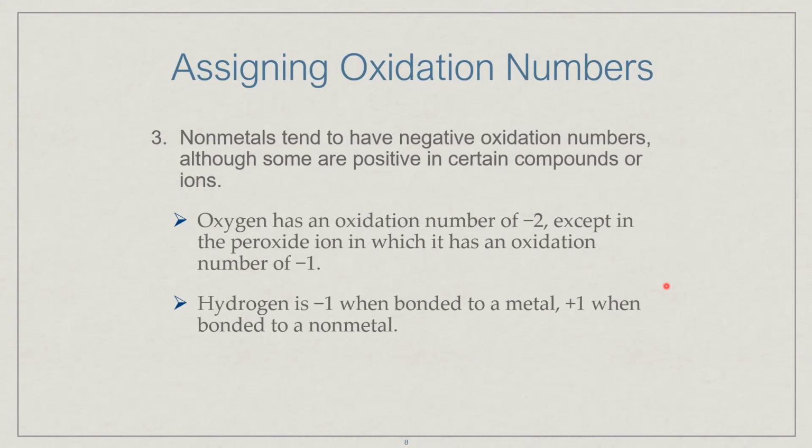The exceptions for that are going to be if we put it with fluorine. So since fluorine is going to be more electronegative, oxygen will have to actually adjust. So if we had something like oxygen difluoride, the oxygen in that case would actually be +2 because each of those fluorine are going to be -1. But for the most part, oxygen is going to be -2. And then another exception for that, in addition to the fluorine example, is going to be when we have it in a peroxide. So if you think about